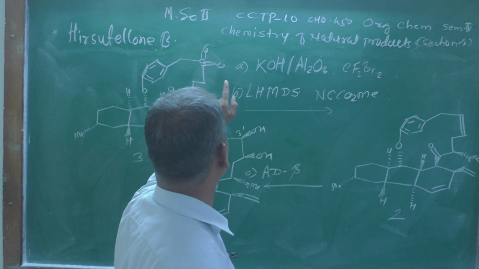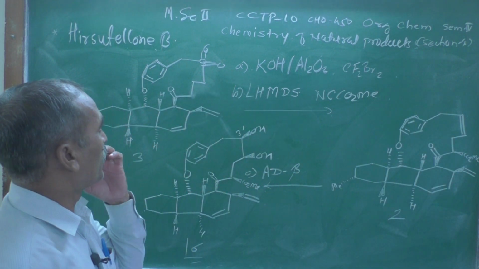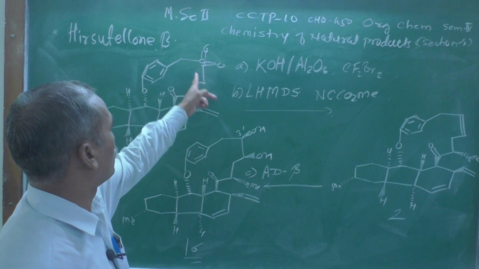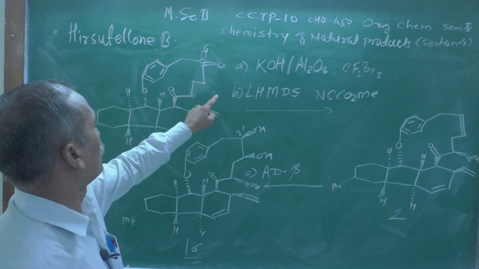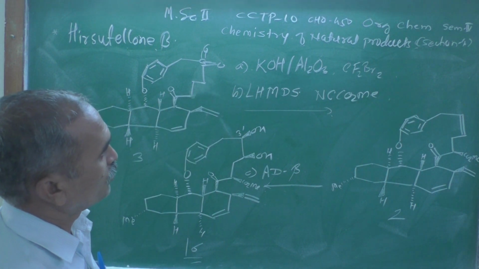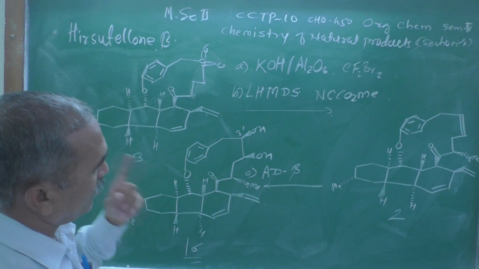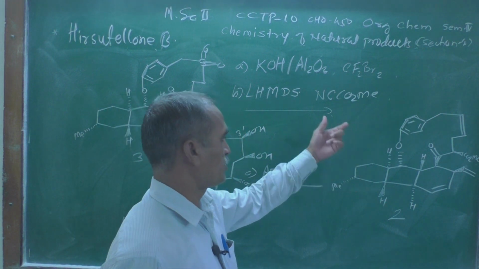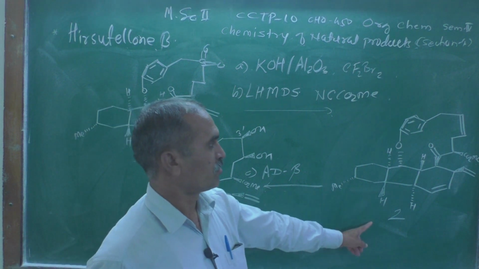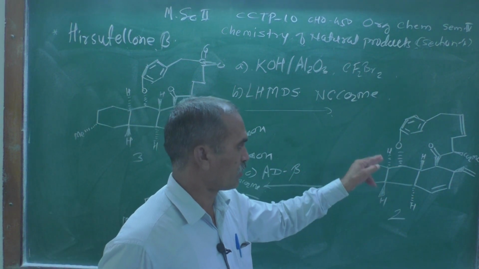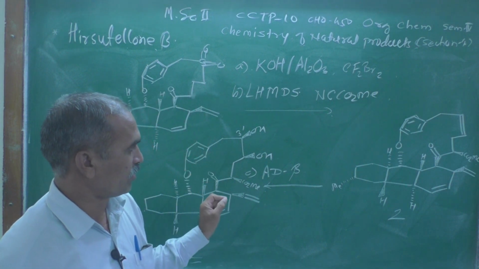The sulfur is removed and is replaced by a carbon-carbon double bond. So here the double bond is formed, and then CO2Me, an ester group, is introduced. After that we get compound number 2, which is further treated with